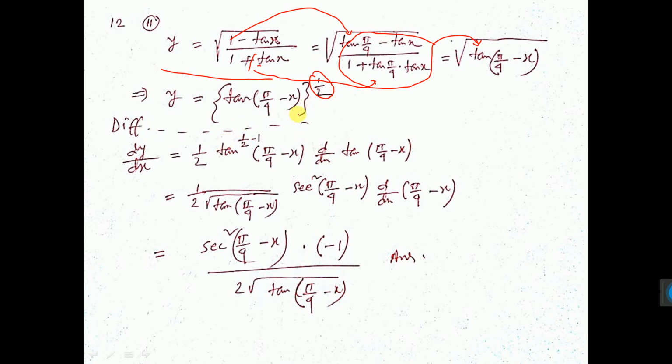Now differentiating both sides. This half will come here because this one you consider x to the power n, that is n into x to the power n minus 1, half minus 1. Again d/dx of, I have considered this one as x, so again d/dx of this one. Now tan x differentiation is sec square x, again this is considered as x, that's why d/dx of this one. So d/dx of pi by 4, that is constant, it will be 0. I have not written 0 here, you can write, and d/dx of x is 1. So you simplify and get the answer.